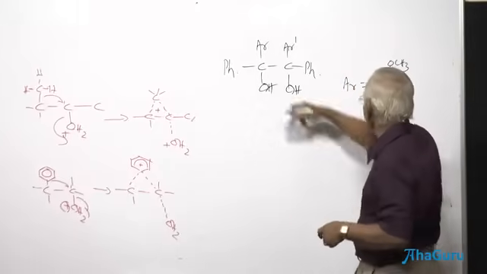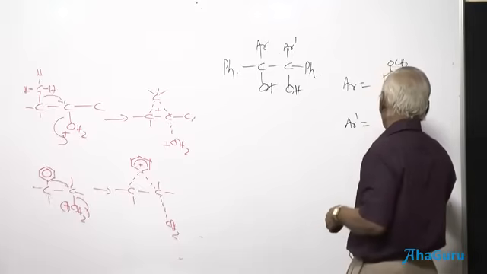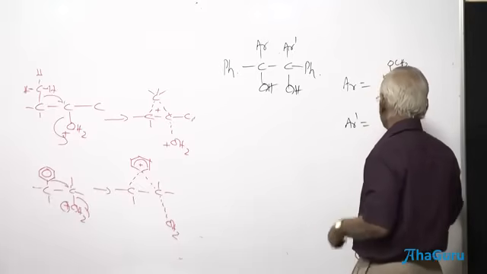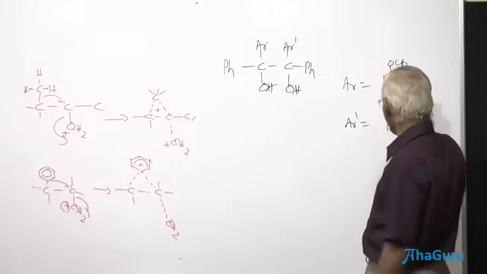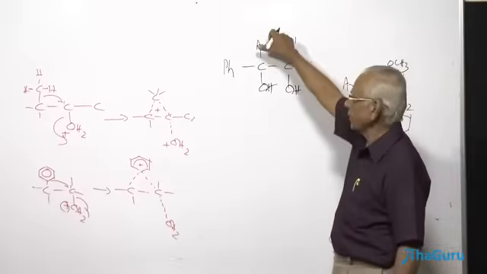The bond is attached here. Ar dash is paranitrophenyl. Paranitrophenyl. If you want, you just keep this group over there. Paranitrophenyl, paramethoxyphenyl,